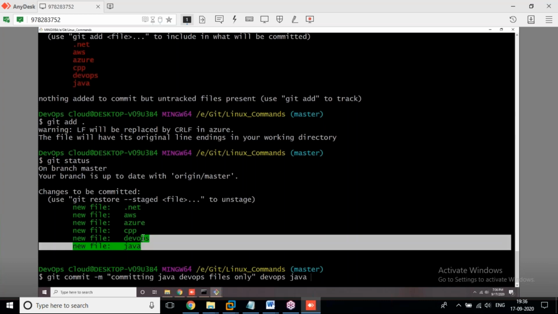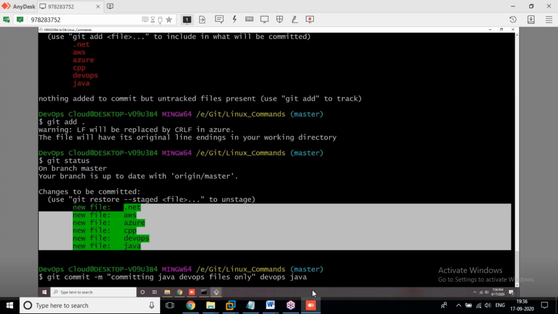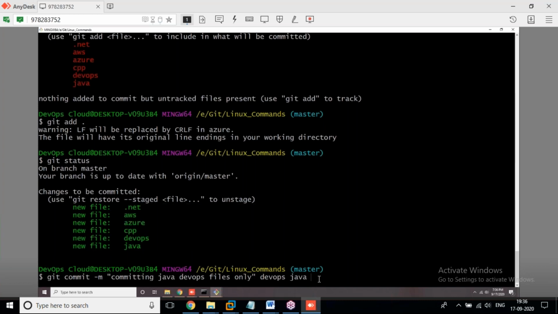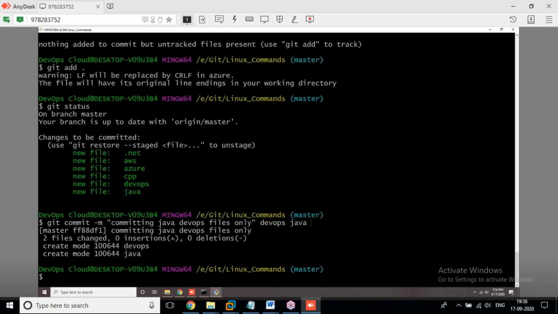Now these all are ready to commit. Whenever you remove these two file names, it means you are going to commit all files at a time. For this time I'm going to commit only two files. Now press enter. Okay, task over. From this time, the time is calculated. If you try to push this file tomorrow, it won't show tomorrow's time. Right now, we committed just now, so it takes that committed time.